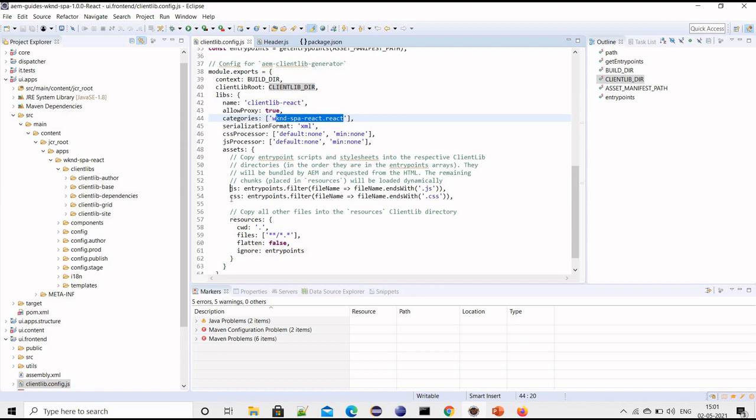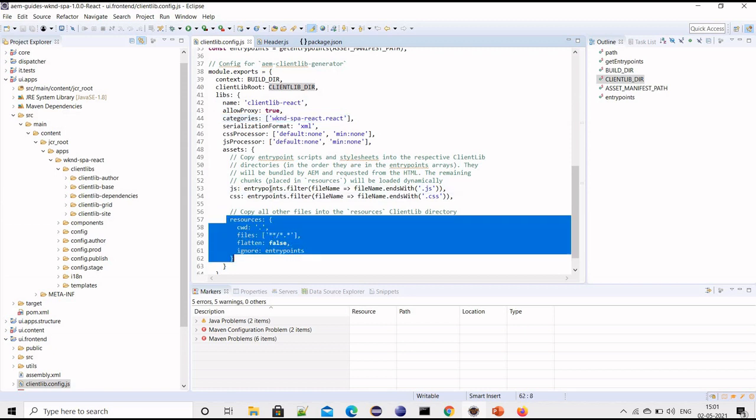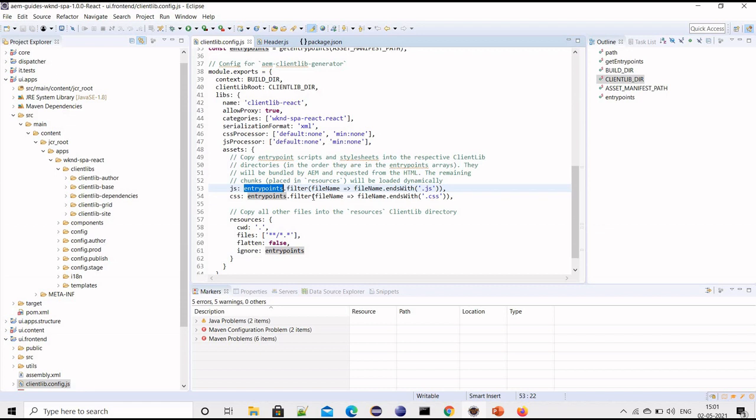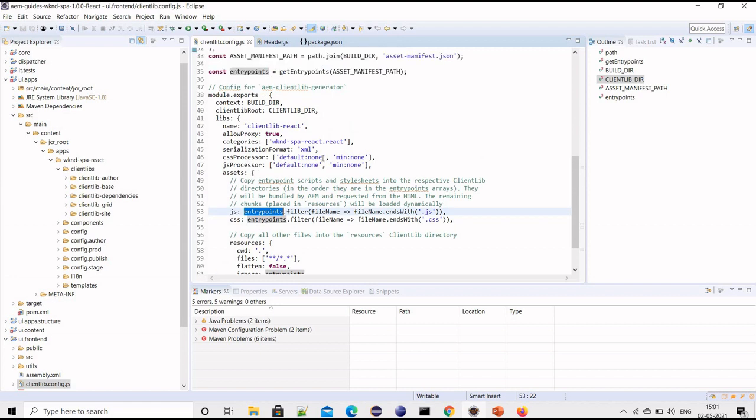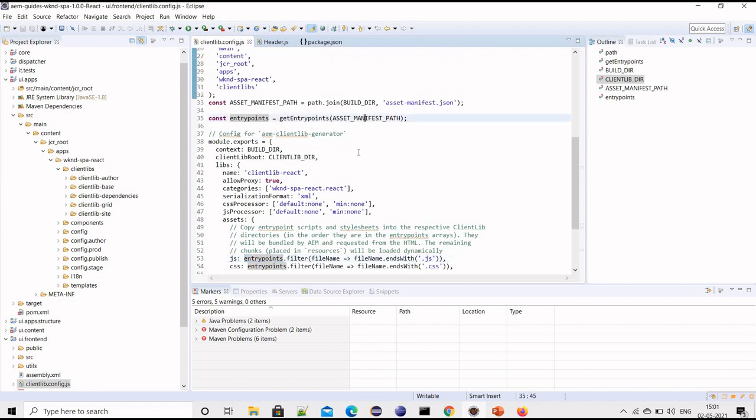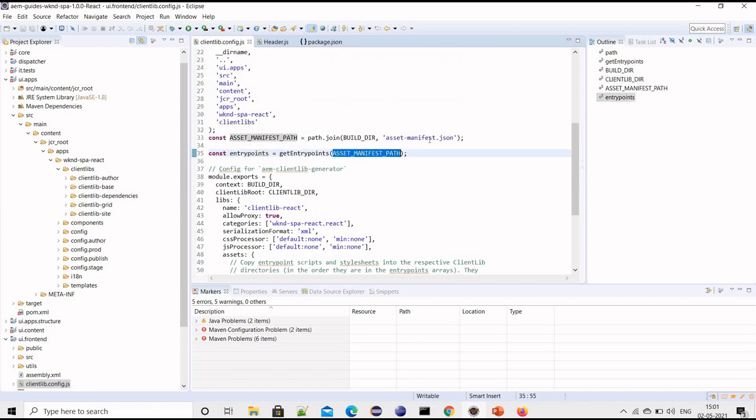We'll have a JS folder, a CSS folder, and a resources folder. Here we are using this entry point filter to consider which JS and CSS files we have to copy, and the rest of the files will be copied under the resources folder. This entry point is nothing but the asset manifest data file, which is here.